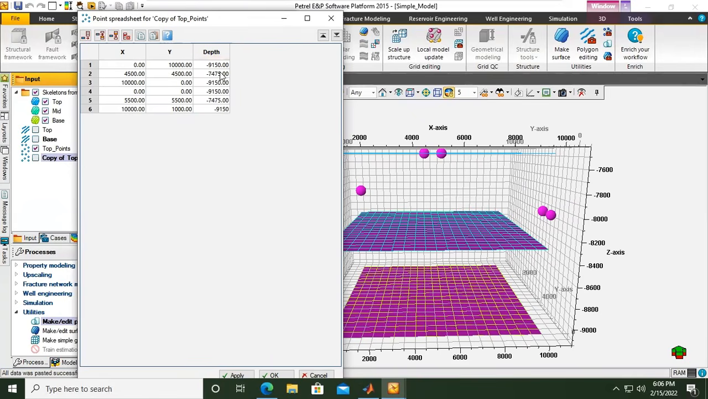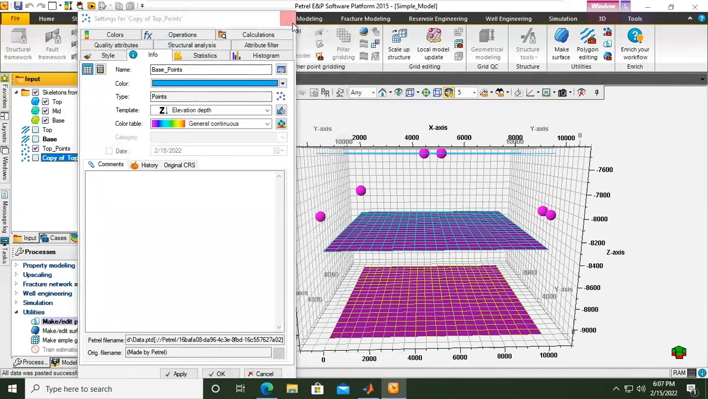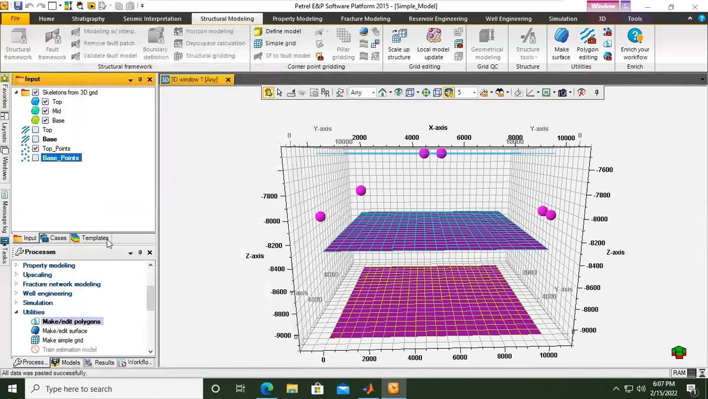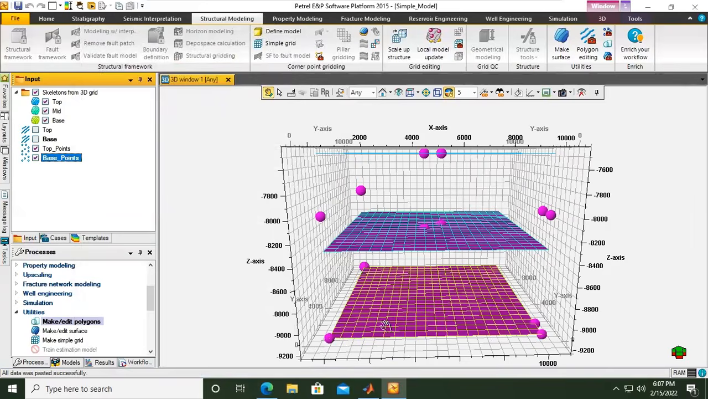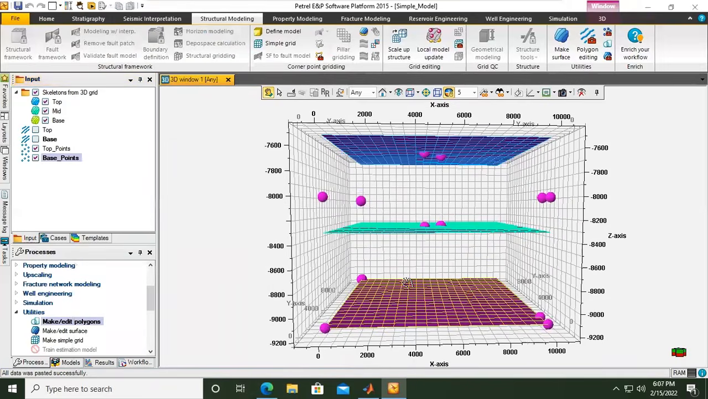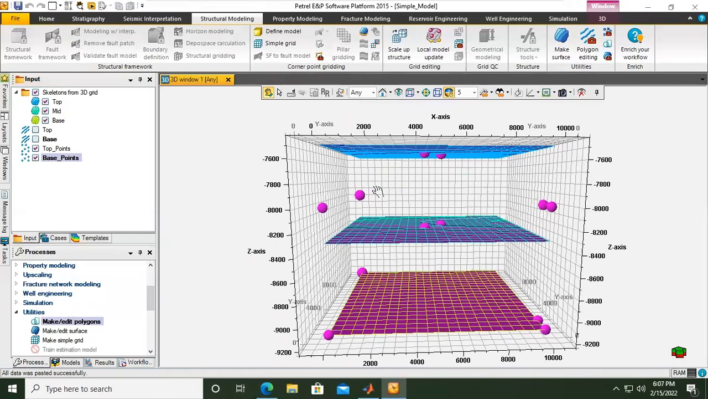Okay. And then this one will be located at 8,000. Okay. All right. Click apply. Tick this one. Okay. So I have the points for upper anticline and then the points for lower anticline, but